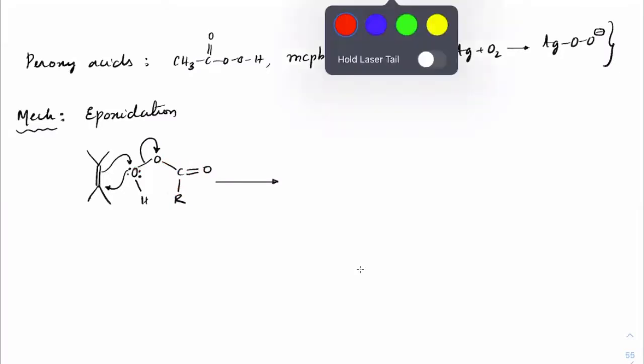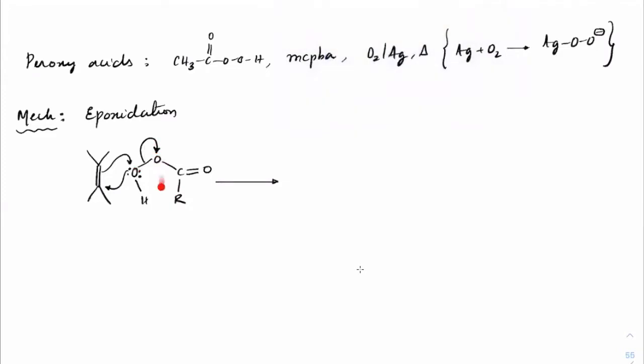Got it? So as soon as that happens, this O minus which it gets will extract this proton from here. So we will have a single bond here with oxygen connection plus RC double bond OOH. Basically this O minus which has formed will extract this H plus and you'll get it as RCOOH. So let me mark the oxygen which we are combining here. So the peroxy oxygen is the one which we are always combining.